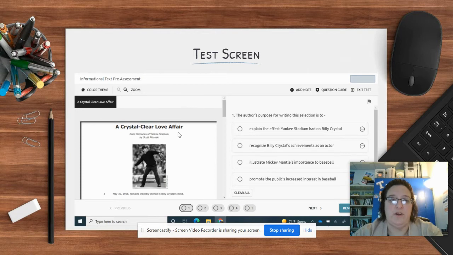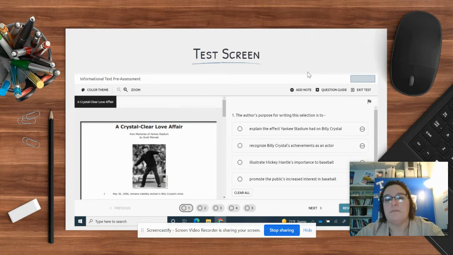So when you look at your test screen, you're going to see a couple of things. Up in the upper left-hand side, you should see the title of the test. Upper right-hand side, where this gray box is, you should see your name. Any resources, so reading pieces, will be available over on this side of the screen, and then your questions and answer choices. Along the bottom is a list of the numbered questions, and the blank circle means that question has not been answered. It will either have a check mark or a bubbled in once you begin to answer those